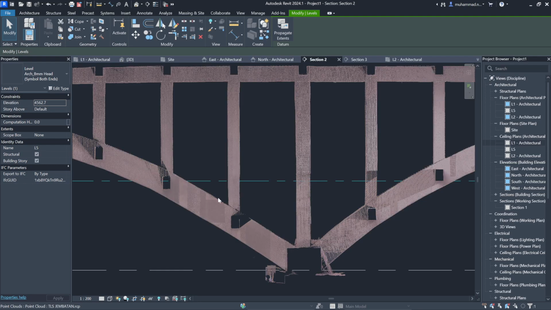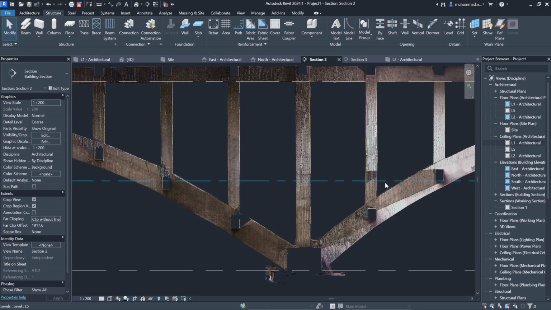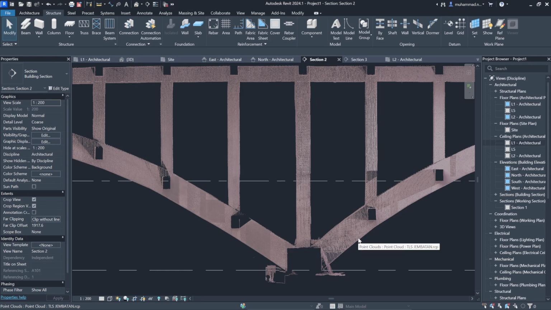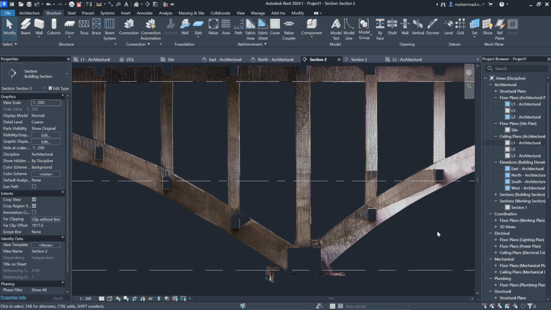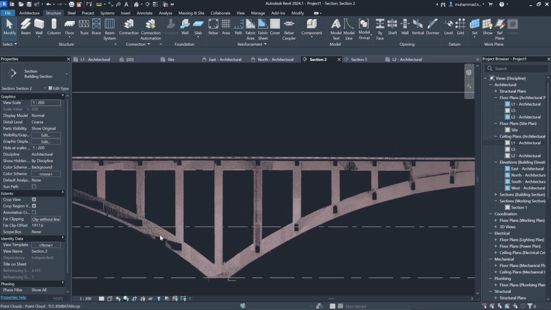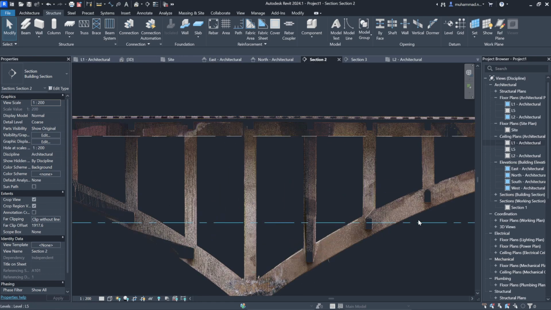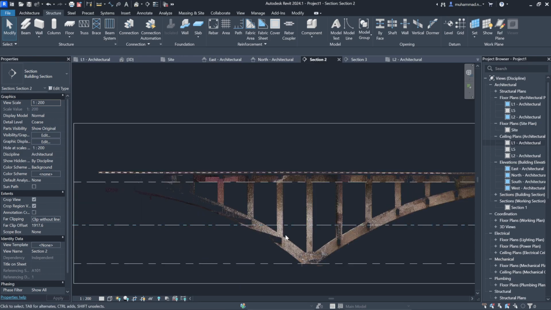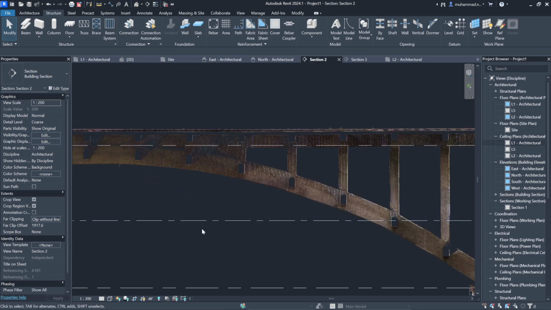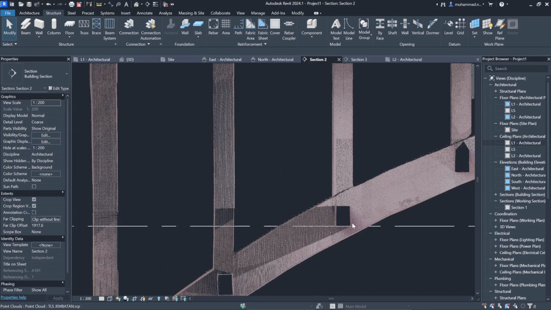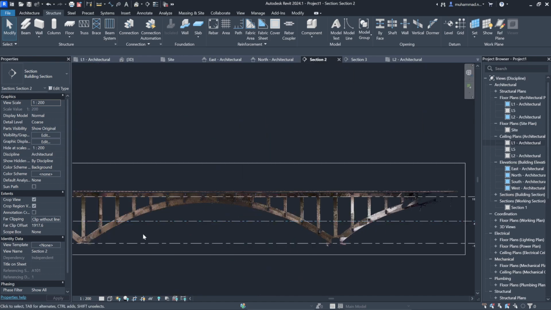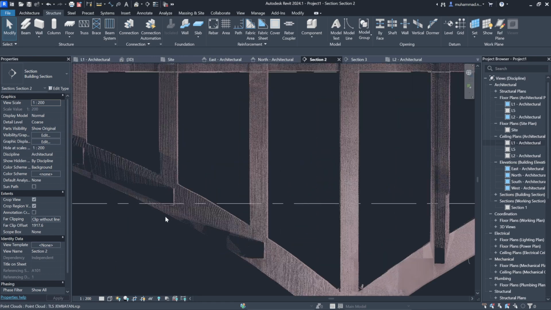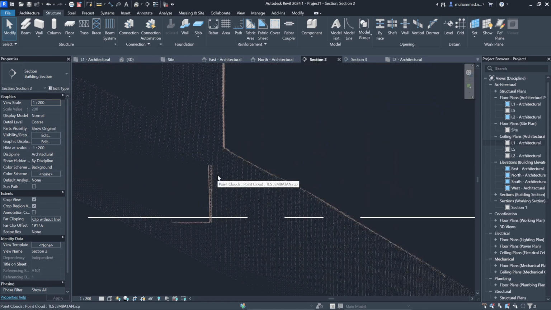But if we set any level between two beams, we will see differences. The beam right here is not at the same elevation as this.